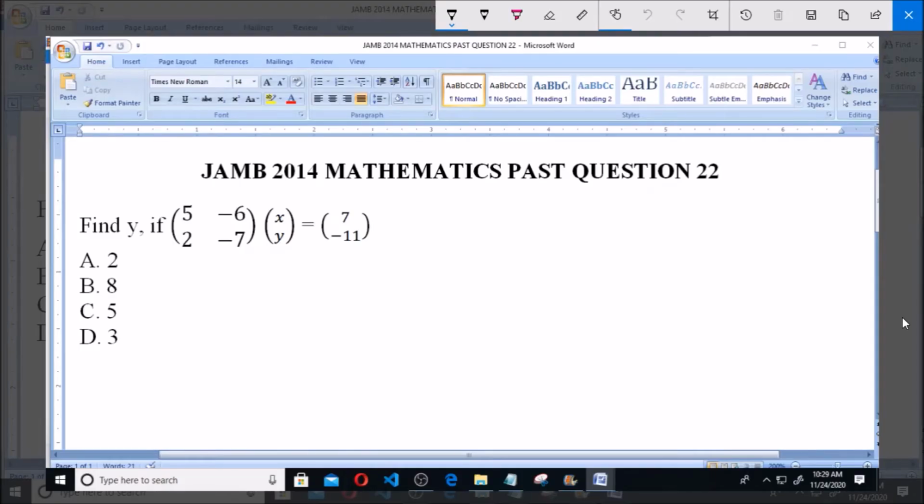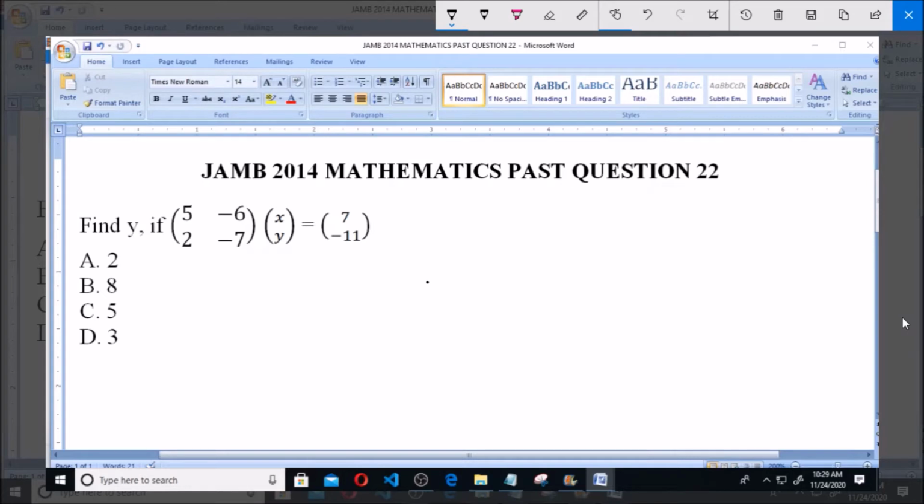I'll be answering JAMB 2014 Mathematics Past Question 22. Find y if this 2 by 2 matrix containing 5, minus 6, 2, minus 7, multiplied by the matrix x, y, is equal to 7, minus 11. Now from here,